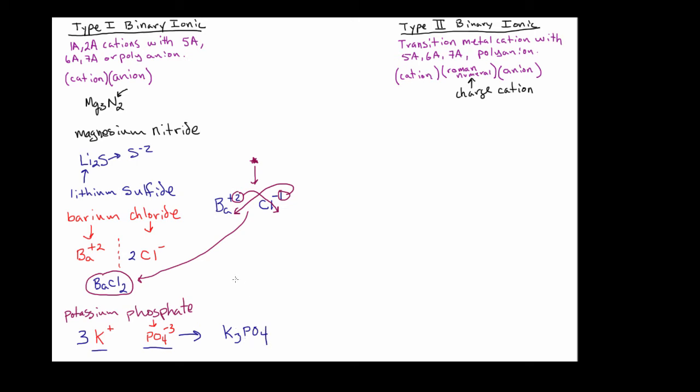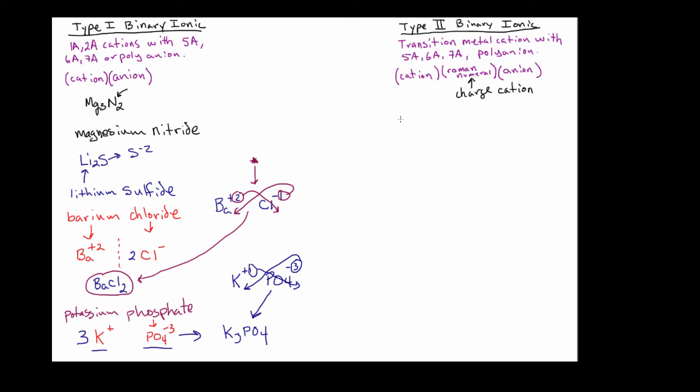All right, again, you can make the drop charge method work here. However, it's not what I recommend if you're in that advanced level class. So I'm going to circle the 3, and I'm going to bring it down into the subscript position on the K. I'm going to circle the 1 and bring it down over here in the subscript position on the PO4. End result, we get the same formula. All right. Now let's try our hand at a few of the